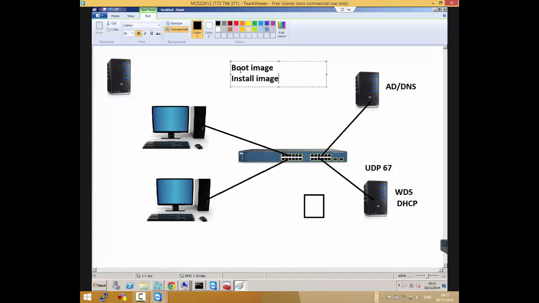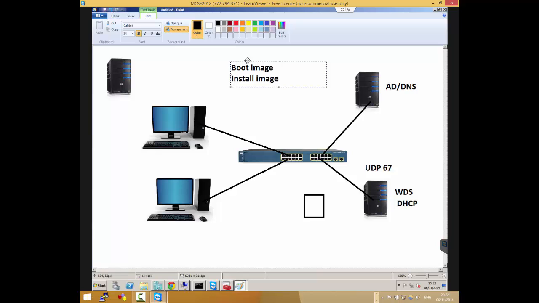And the good thing is that the knowledge is applicable in other places. Like in the real world, if people are using things like SCCM, the same knowledge is applicable because you understand what a boot image is, what it does, and all that stuff. So boot image. Why do we have to have two images? Why can't we just have the install image and let the install image do what it does?